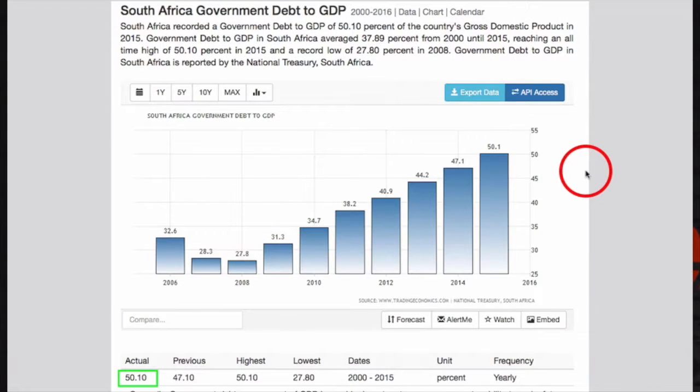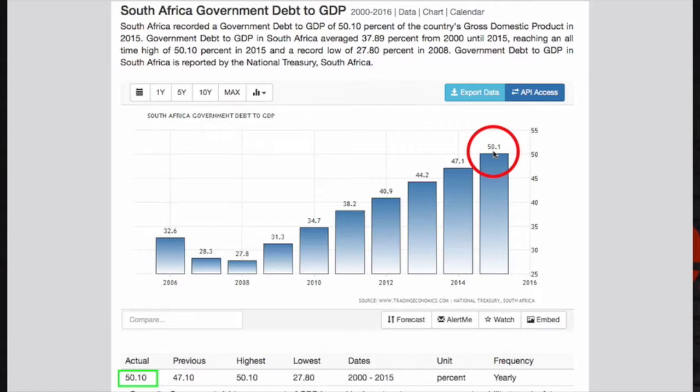This is South Africa's government debt to GDP. They're sitting at 50.1%. Yes, their debt levels have been going up in the last couple of years, the last 2, 3, 4 years,